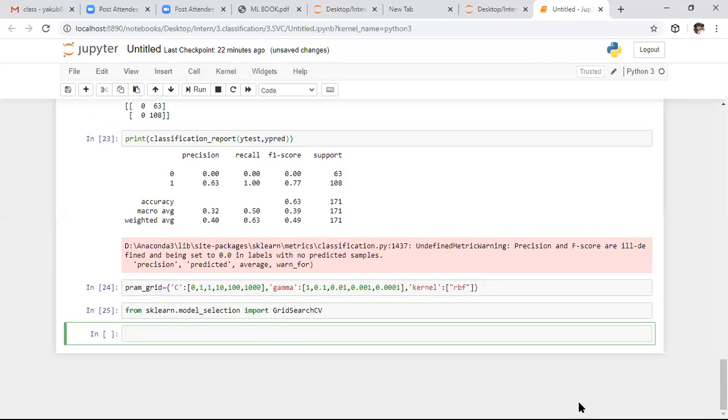After that, I want to apply all these parameters to our grid search algorithm, so I create an object with this specific class.